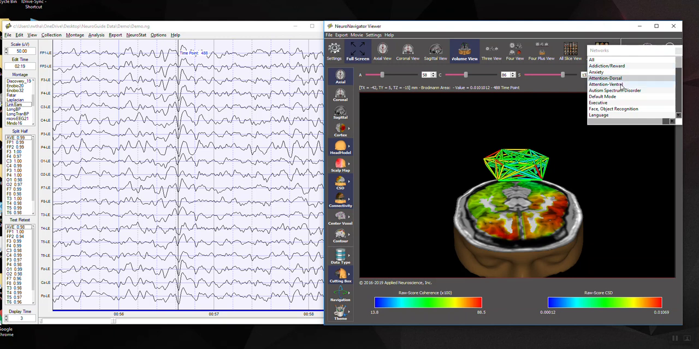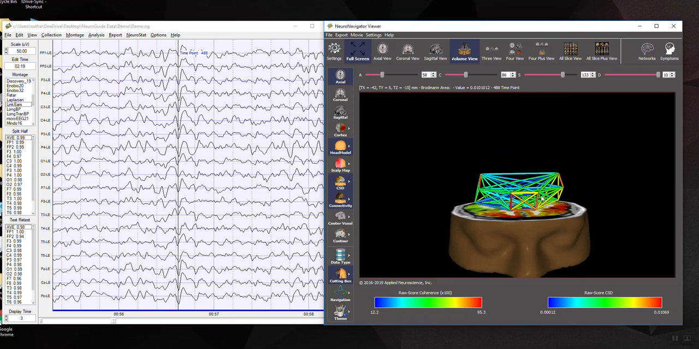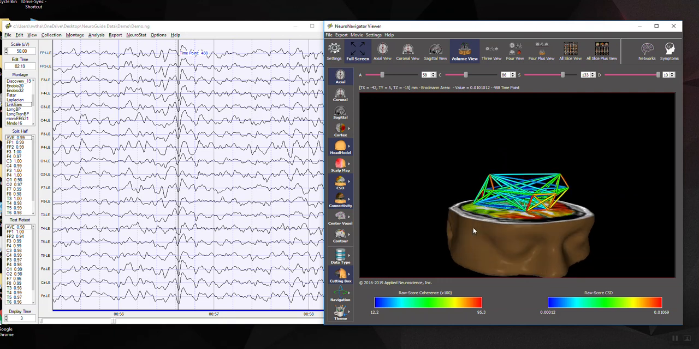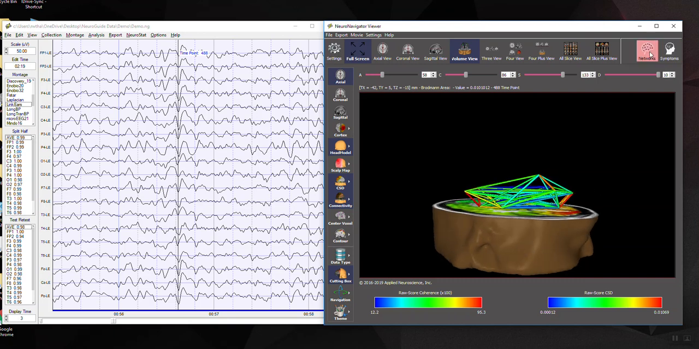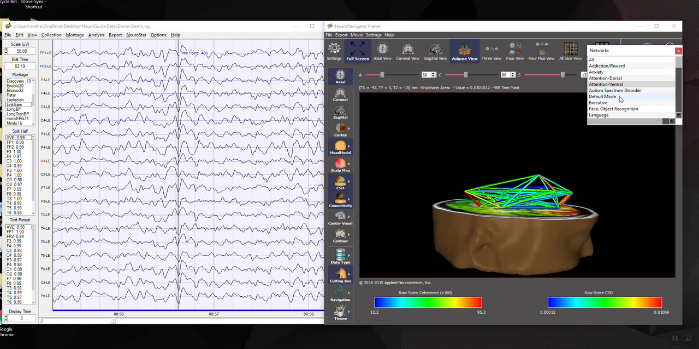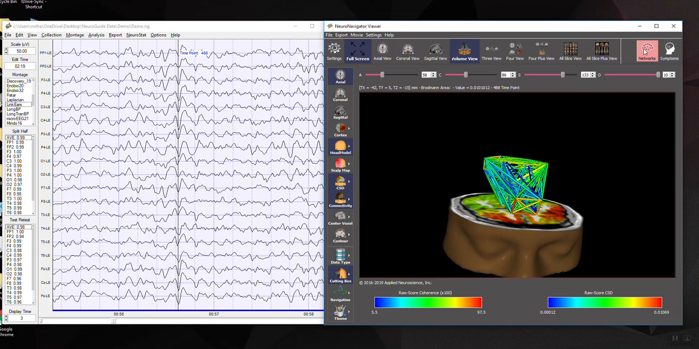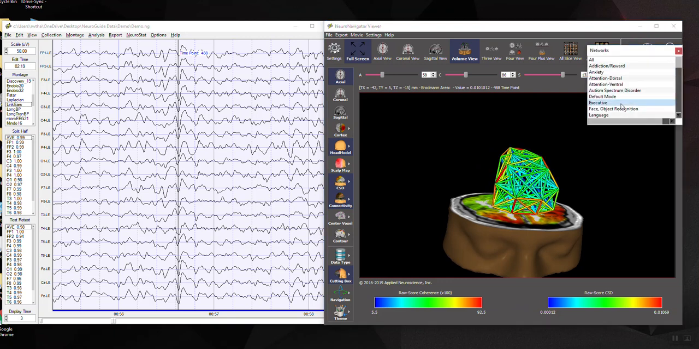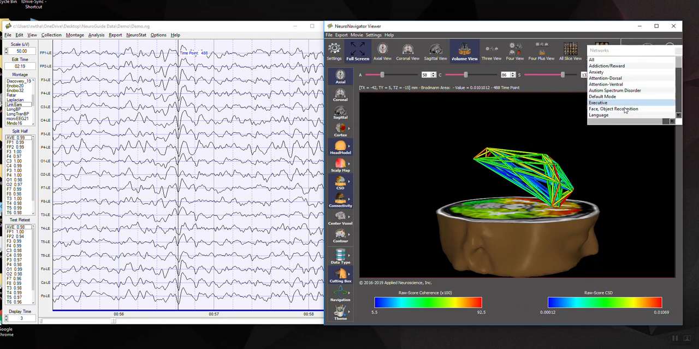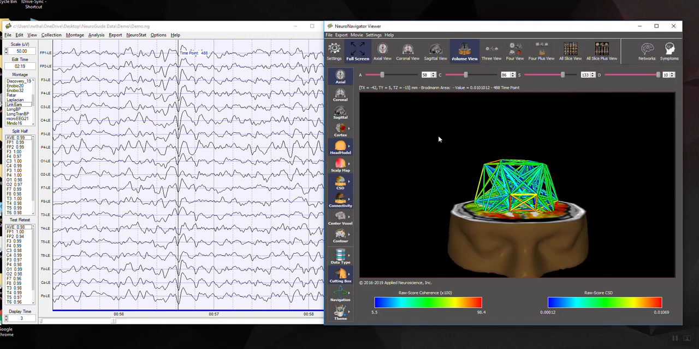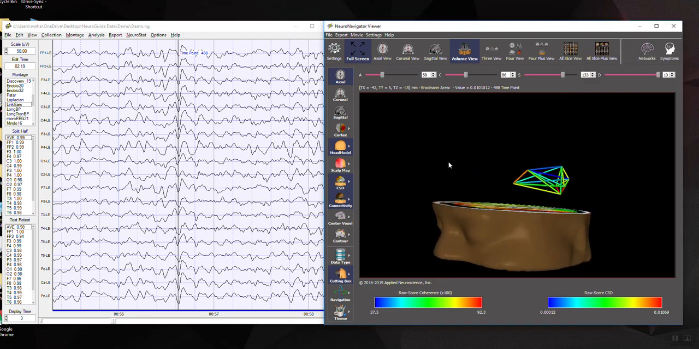We can go through different networks. Here's the ventral attention network. You can see it's hypercoherent in the bilateral frontal regions, and it's hypocoherent over here, or much less coherent. The default mode network. Executive network, object and face recognition network, language network, that's left hemisphere,